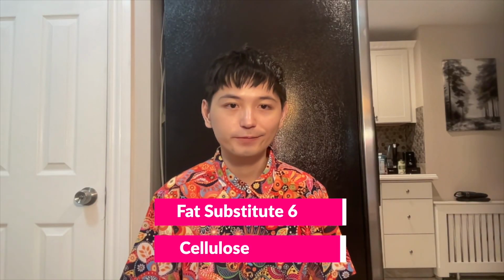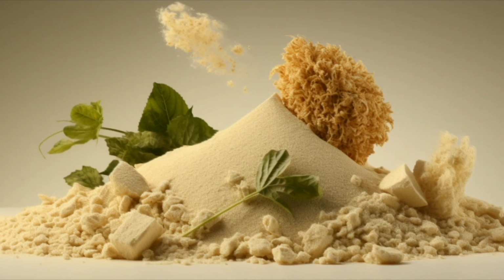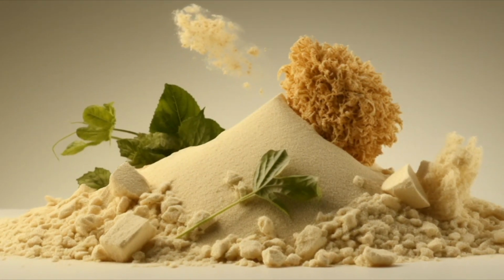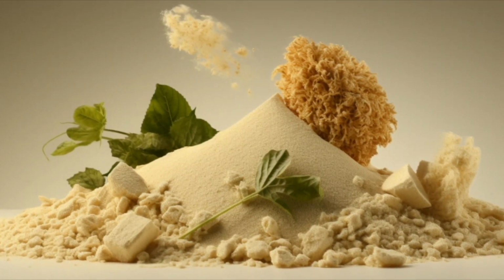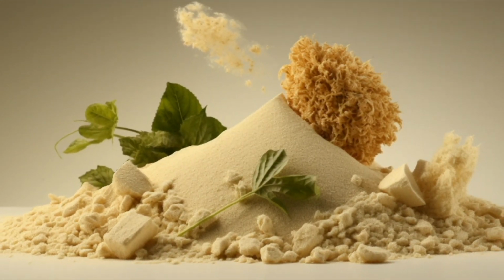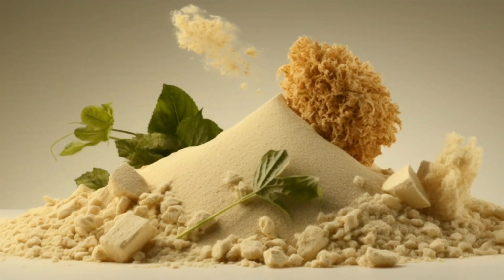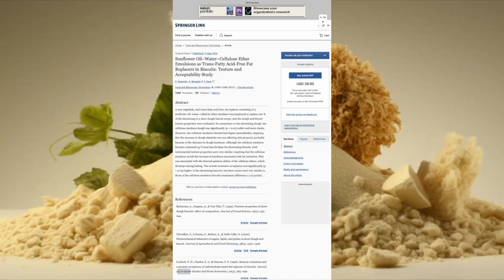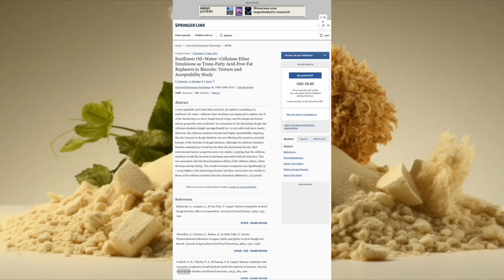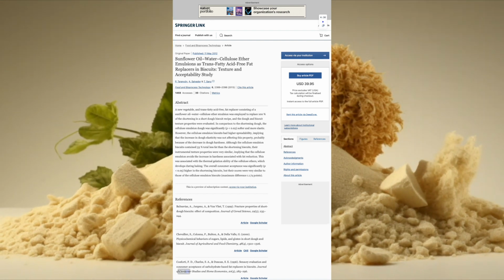6. Cellulose. Cellulose, a plant-based fiber, can replace fat in food due to its unique properties. It's low-calorie, non-digestible, and can emulate the mouthfeel and texture of fat. Cellulose absorbs water to create a creaminess similar to fat without the high calories and unhealthy effects of excessive fat consumption. In a 2013 research titled Sunflower Oil Water Cellulose Ether Emulsions, a Trans-Fatty Acid-Free Fat Replacer in Biscuit, Texture